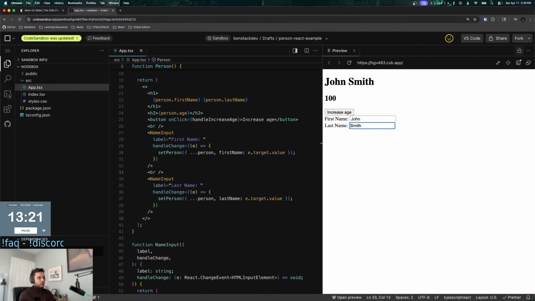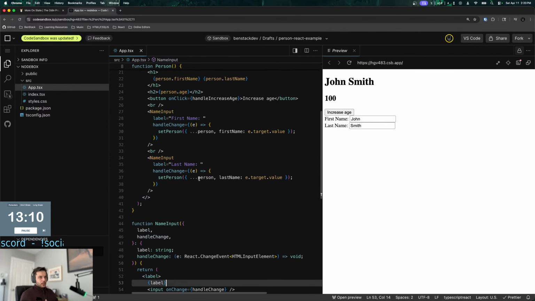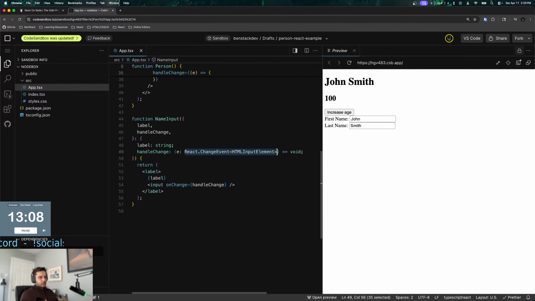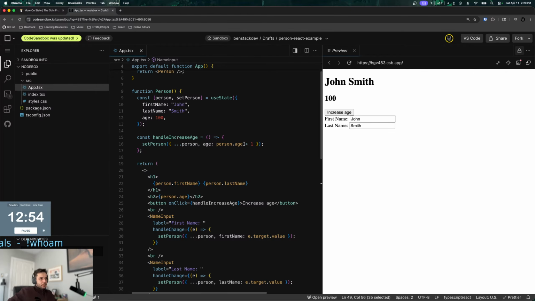There's no real restriction on what you can put in there, but cool. Thank you for your help, I appreciate that. So now we have this generic name input. I didn't know that the event had a different type with React. That was completely new to me.